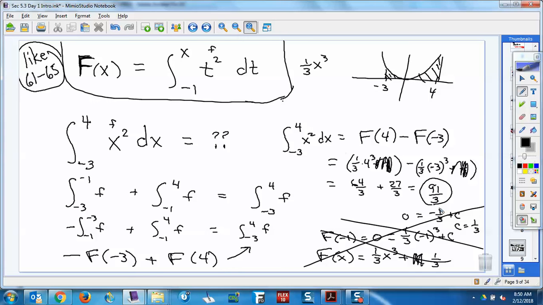So you can get lost a little bit in the notation, but that seems to be a pretty big deal. We thought finding the area was going to involve the antiderivative somehow because of all the work we've done over the last several days. Using the area function and our rules about splitting apart, we took this definite integral, which we know is just a fixed piece of area, and we said, okay, let's rewrite it in the language of this big F, which I still want you to do on 61 through 65 to get the hang of this. It's going to look very much the same. So whatever your left edge is, that's what you want to split it apart. Put that number there. You flip one of them,